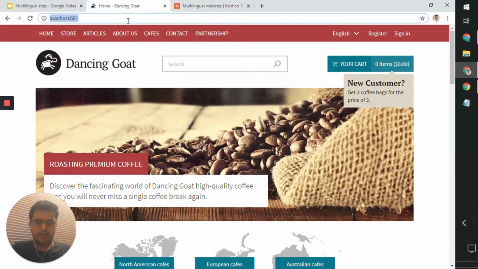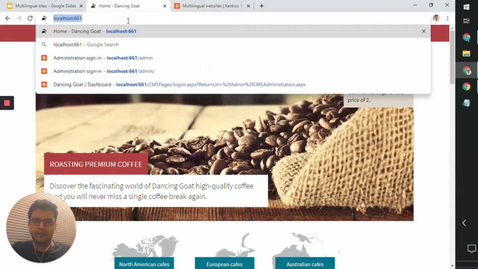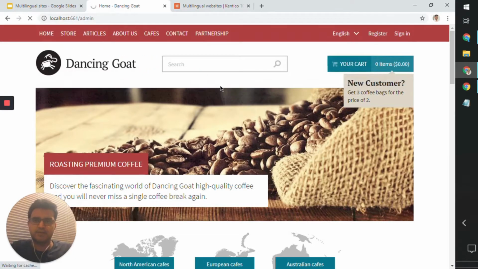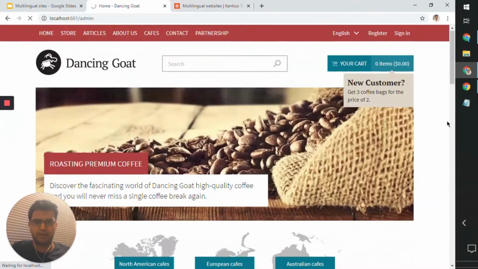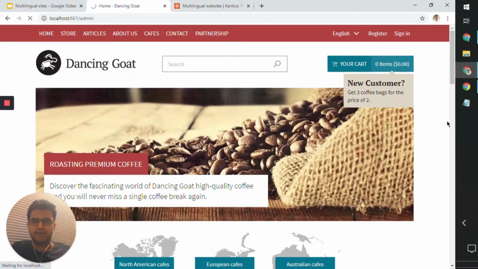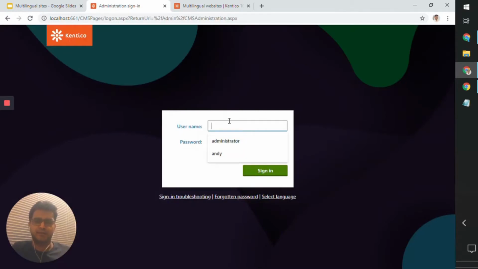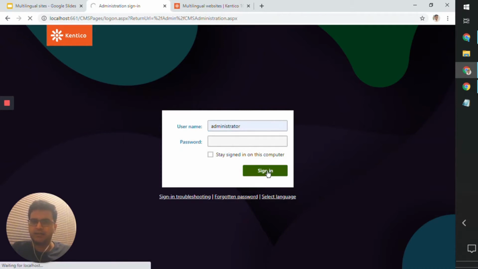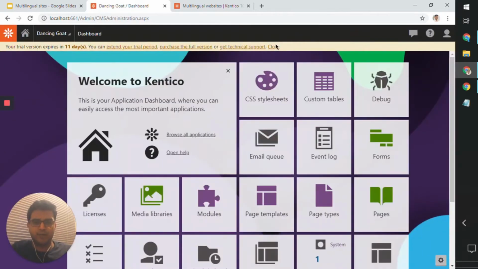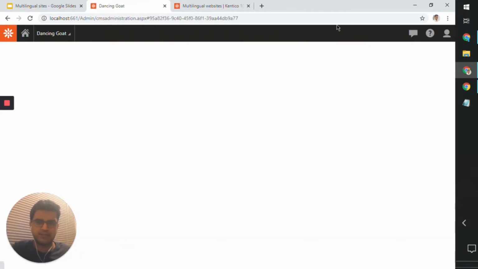I have the site URL over here, and the first thing that we would do is log into the administrator portal. So we go to admin and we'll log in as an administrator. That takes a while. There you go. So we'll log in as an administrator and we'll see how to actually set up a third site. So if we head over to pages,